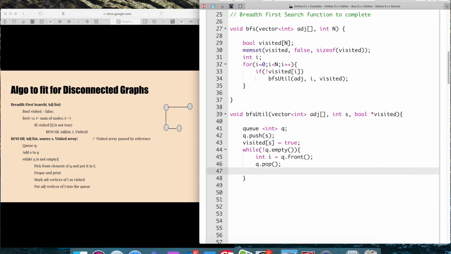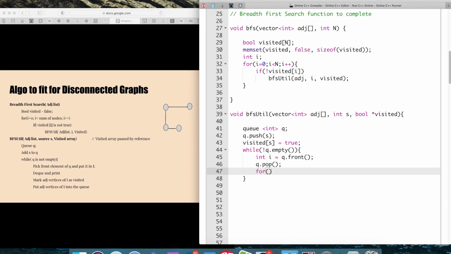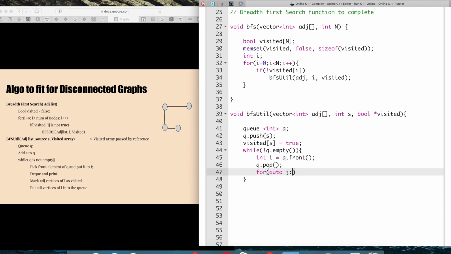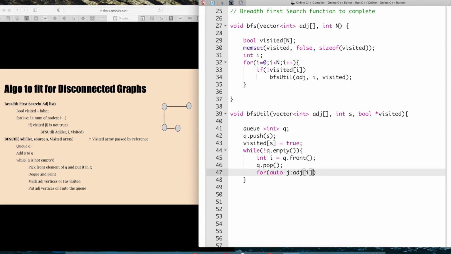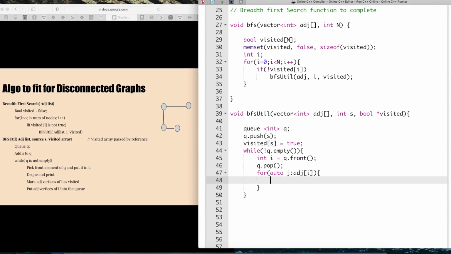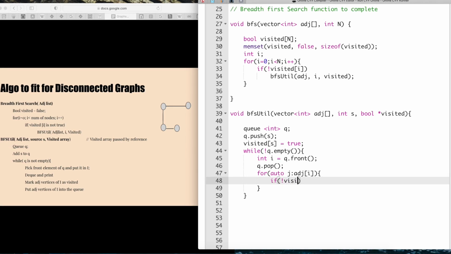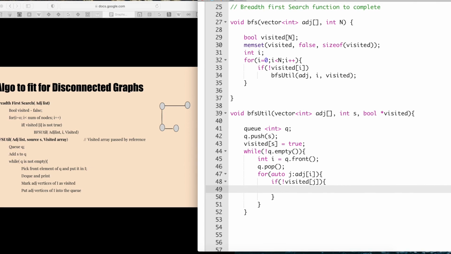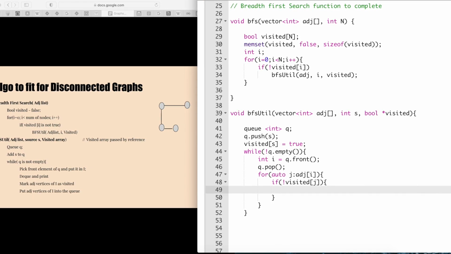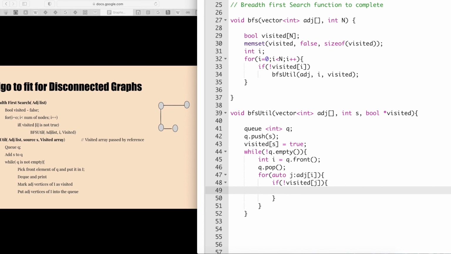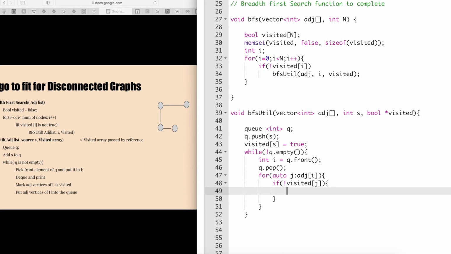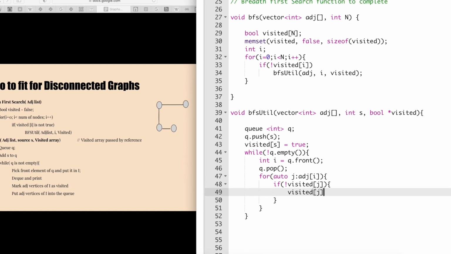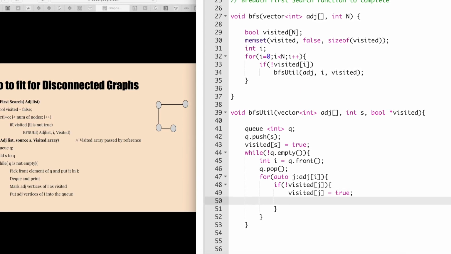Now we are going to check the neighboring elements of the current element. Here you should note that we have used the condition if not visited. So if the neighboring elements of the current element are already visited, we are not going to explore them again. If they are not visited, we are going to mark them as visited and then put them into the queue.